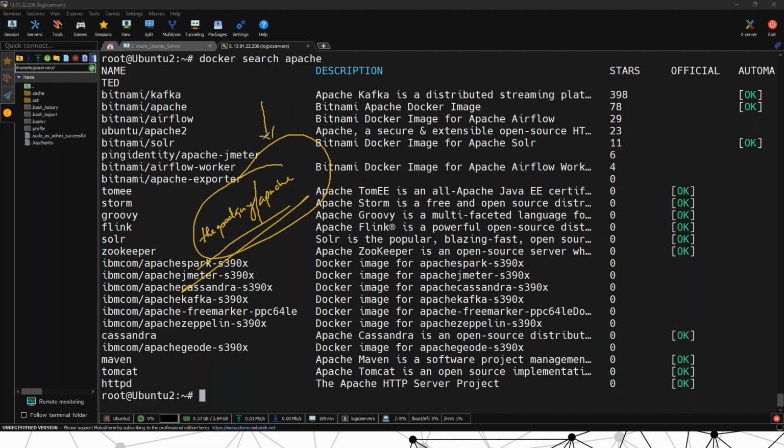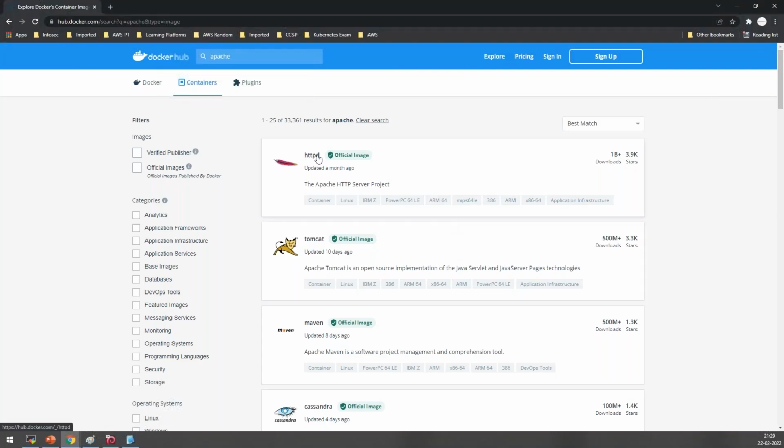It's a third party. So the best practice is that I always prefer you go for the official images, because that is from the actual Apache organization. So it is very easy for you to get a more genuine version of it. For the other ones, you can search. This one is Ubuntu based, so it won't be a trouble, but still these are not from the official vendors. So how do I know it? Just see the name. If you see something slash the name, it's an unofficial image. If you see just the name only, it's an official image. For example, here HTTPD is the official image.